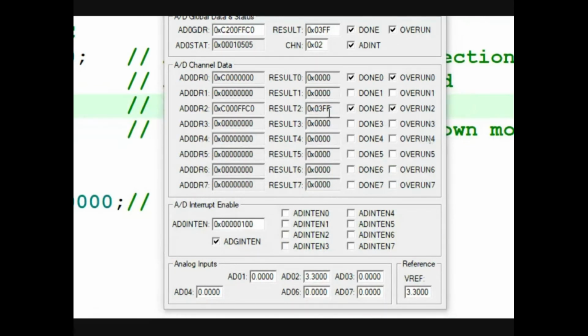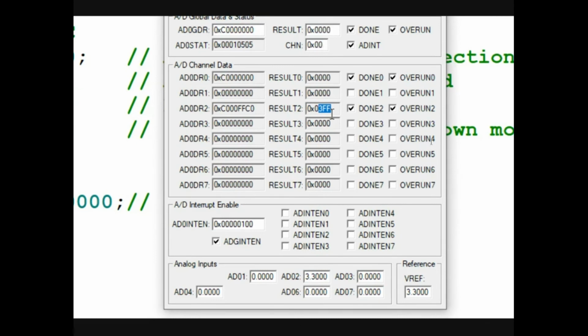So 3FF has come. In the ADC 0.2 data register, the 10-bit value is FFC, somewhere among the 32 bits. From the 6th bit onward, a continuous 10 bits is your analog to digital converter value. That is right shifted six times, and then we get its binary equivalent as 3FF.